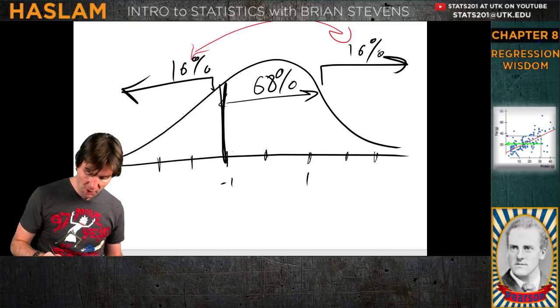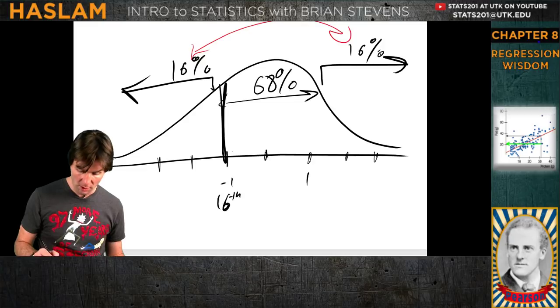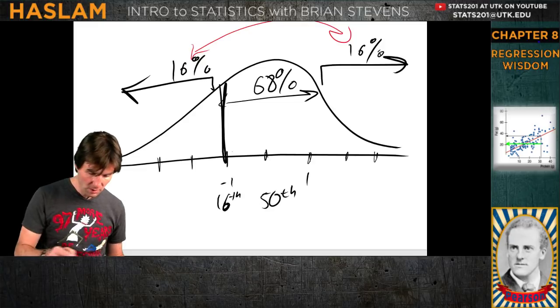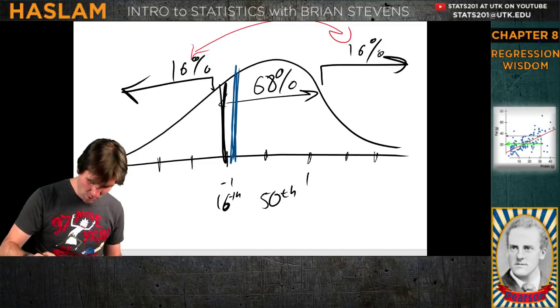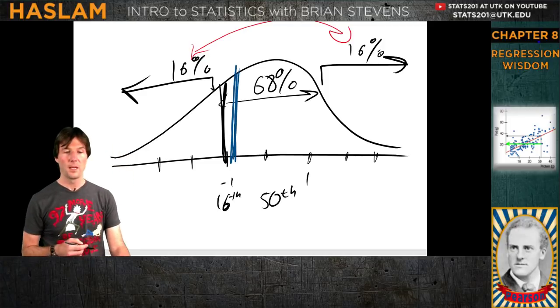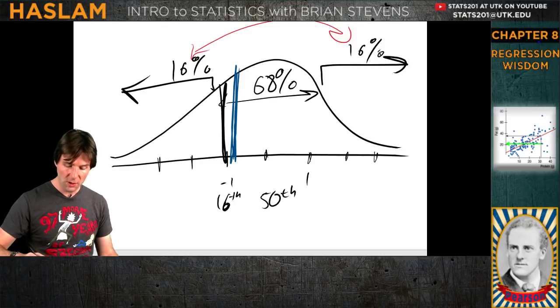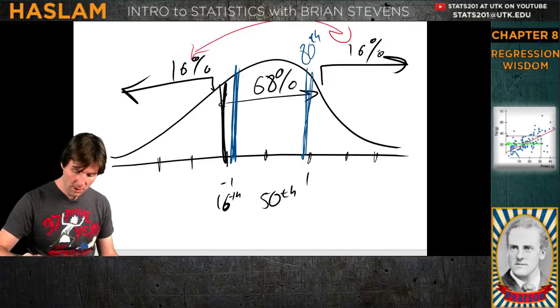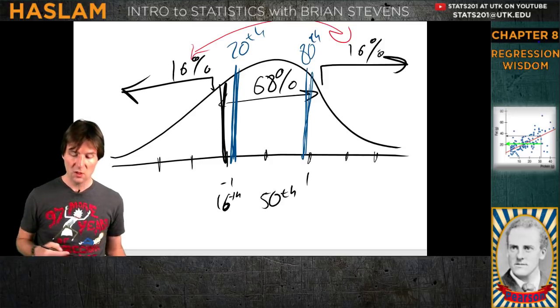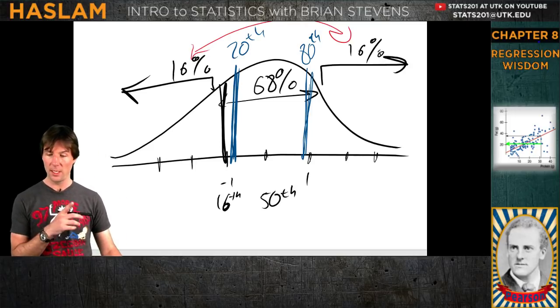And what is at the middle of the curve? If this is the 16th percentile, the middle of the curve is the 50th percentile. So that means the 20th percentile should be somewhere inside of here. Hopefully my brain is double checking with my knowledge of statistics. That's where the 20th percentile is. I'm also going to mark here, because I know people can be tricky, where the 80th percentile is, somewhere around here, and the 20th percentile is here. So this is my helper graphic that I'm drawing to get this right.